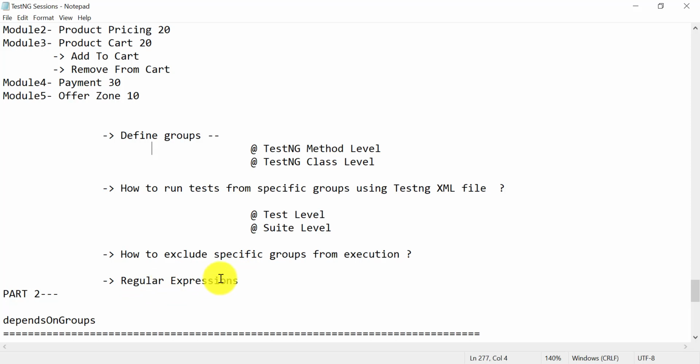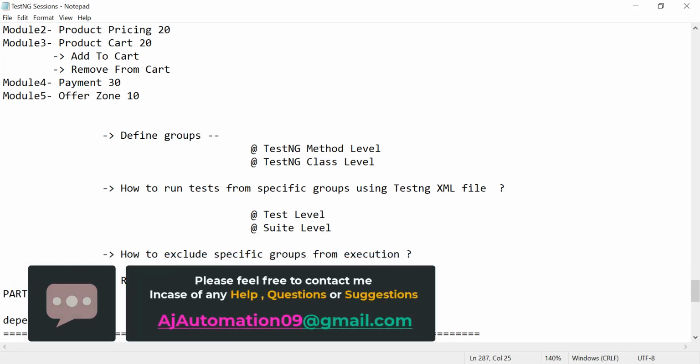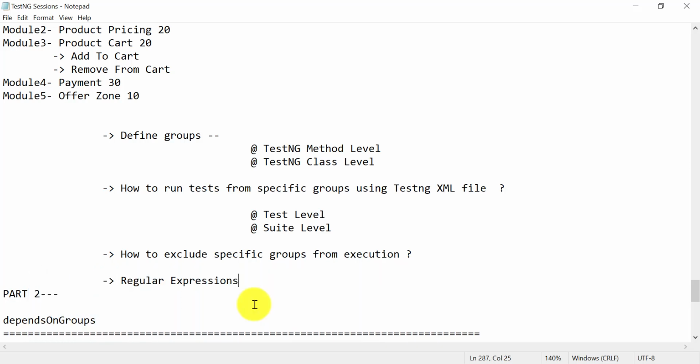And this regular expression is very useful when you want to run multiple TestNG groups having something in common in their TestNG group name. So instead of adding a separate entry for each group name in the TestNG XML file, just add a single entry and use dot star. Okay, so whatever is common in that TestNG group name, then again provide the dot star, and TestNG will run all the TestNG groups matching that group name pattern that the user has provided.